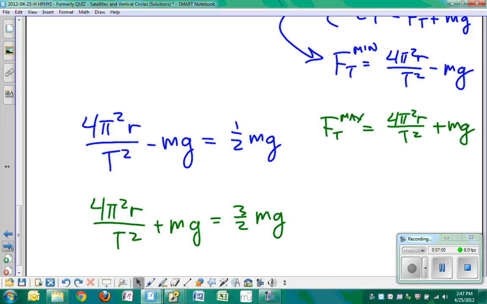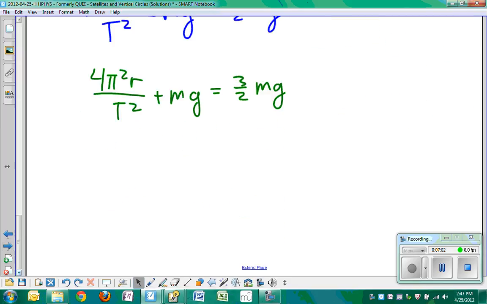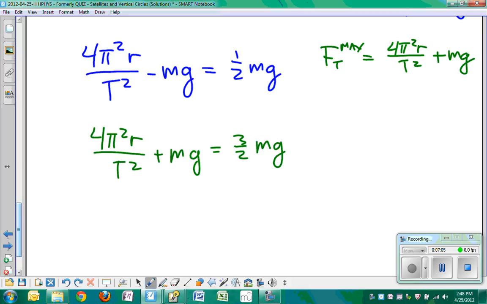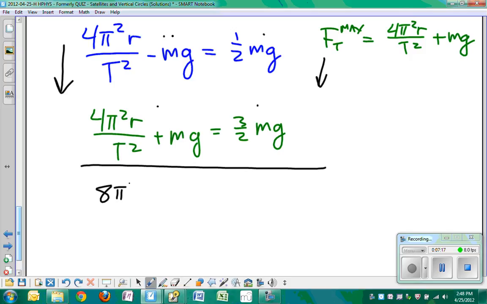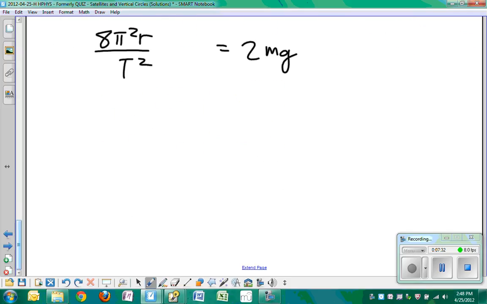And so just a little bit of algebra here. I'm just going to add these two equations to each other. All right? If this is equal to this and this is equal to this, then this plus this, going down this way, are equal to this plus this. So what we're going to get here is 8 pi squared r over t squared. Negative mg plus mg is 0, and that's going to be equal to 2 mg, the sum of 1/2 and 3/2. All right, so it's pretty easy to see that we could just take here, divide through by 2, and